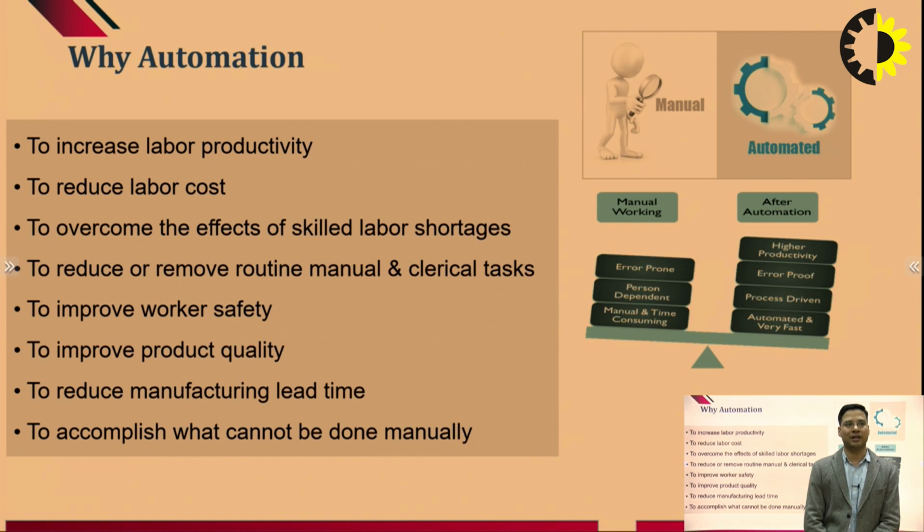Now the productivity of any industry can traditionally be increased only when more human resources are involved, which means the cost of manufacturing a particular item will increase. To overcome this increase in cost, we have machines that replace humans to increase productivity. The labor cost, which increased when production was raised by adding human labor, can be decreased by the use of these machines.